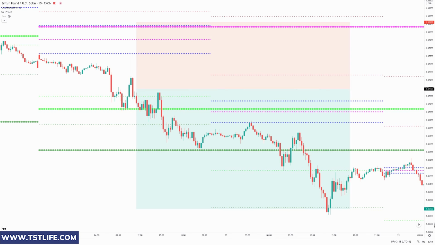Remember that when you see the daily support or resistance close to the weekly or monthly one, the zone would mostly be respected by the price, so make sure to use it as a protection for your stop loss and avoid having it in between your entry and take profit.